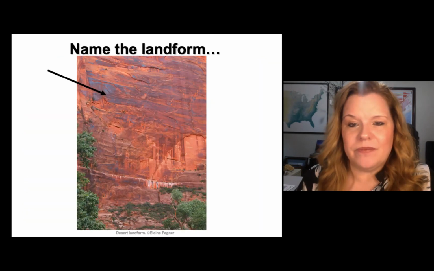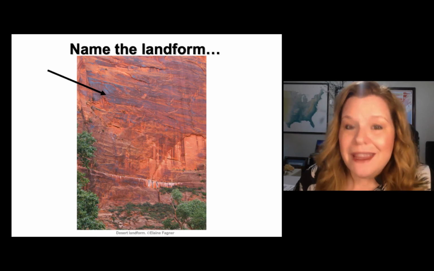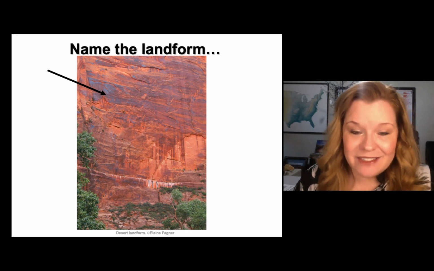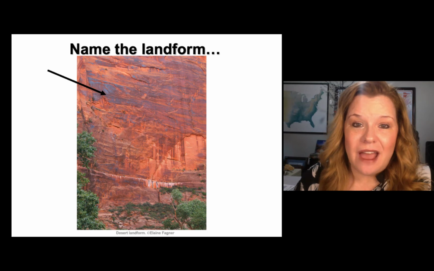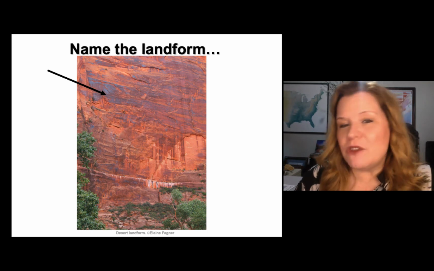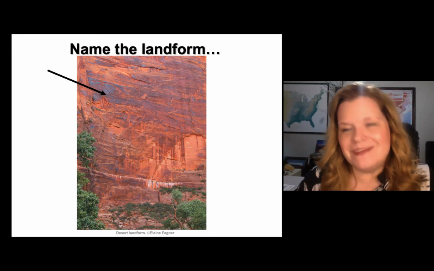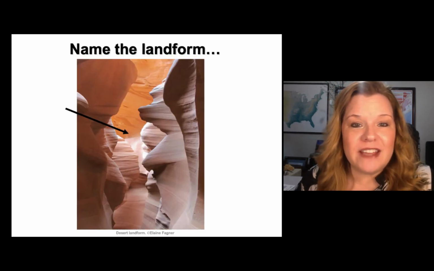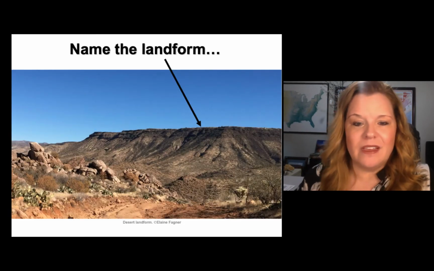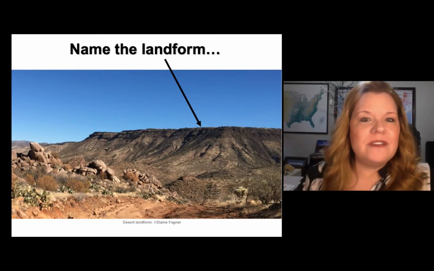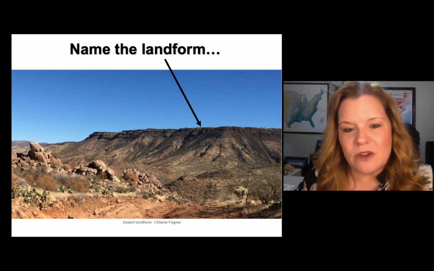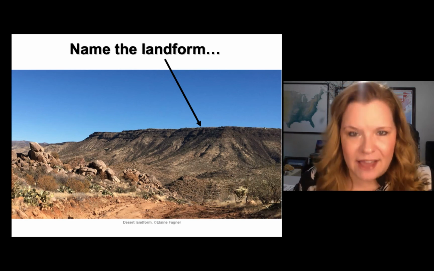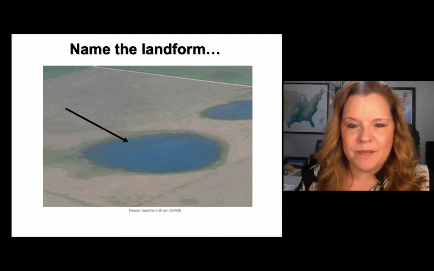Ventifact. This is that manganese oxide. What do we call that? This is a really good example of how and what this does. It's that special coating we just learned about. Desert varnish. This is that flash flooding that creates these remarkable scenic things. This is Antelope Canyon, so yes, it is a slot canyon. Is it flat or is it bumpy? That will tell you if it's a mesa or a butte. That's flat, so which one would it be?